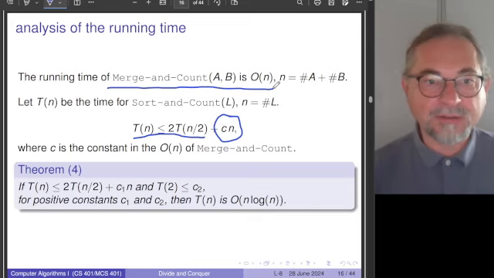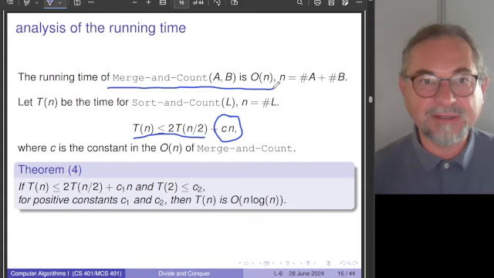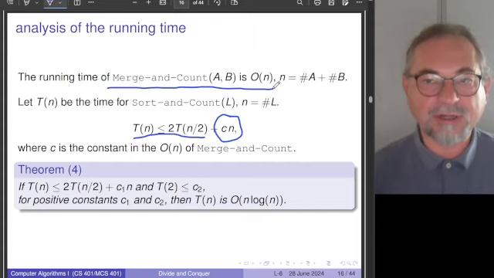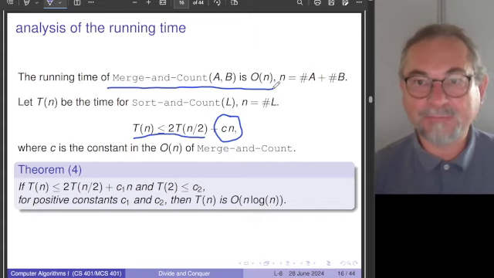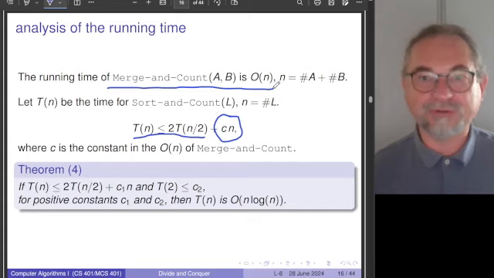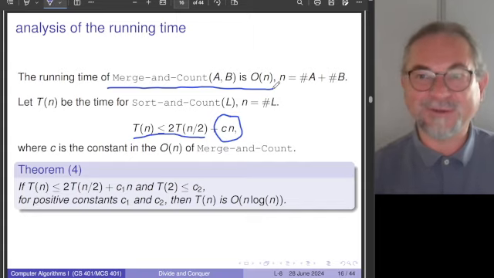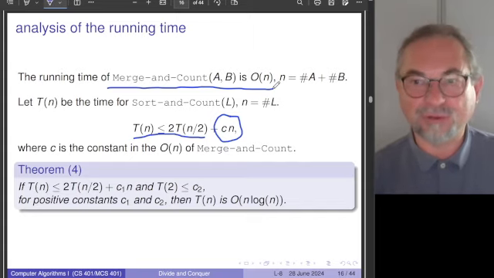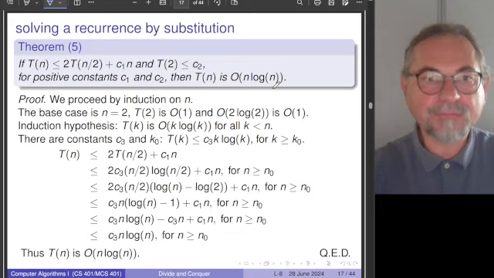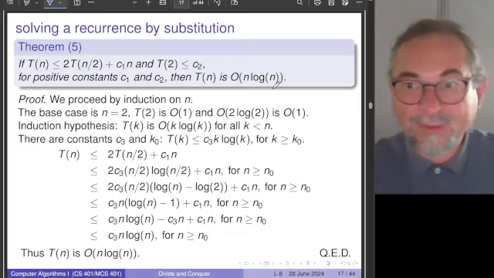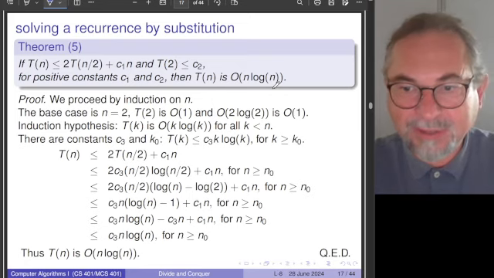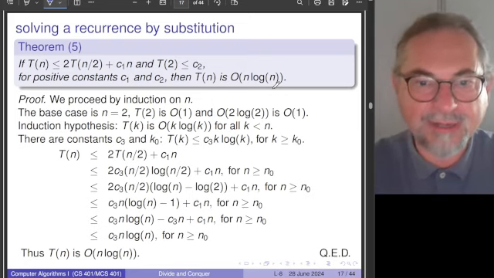Okay, now the main theorem says that the sort and count, counting all inversions, runs in time n log n. So if you are implementing your own merge sort, you could as well do this extra option where you count the inversions, measuring the disorder in your sequence. All right, we will, in the later part of this lecture, look at